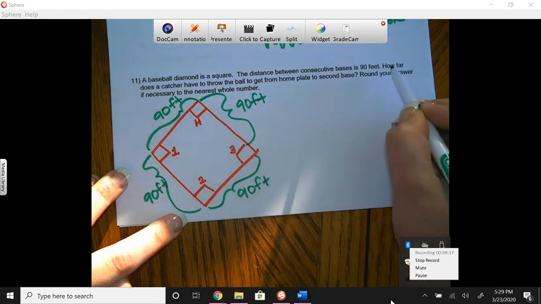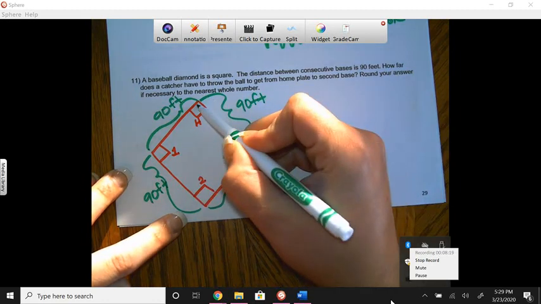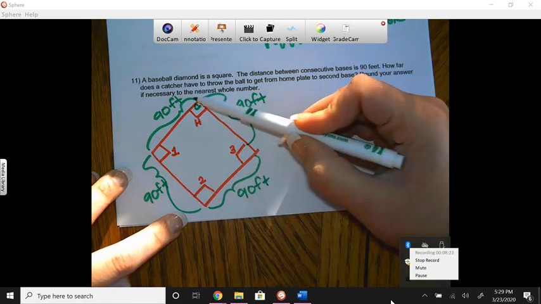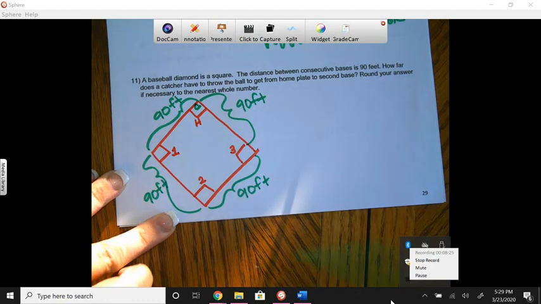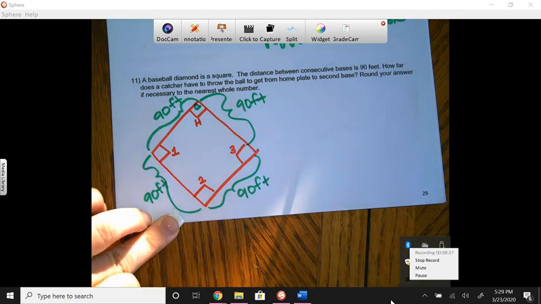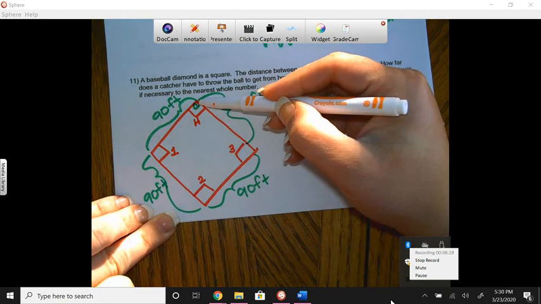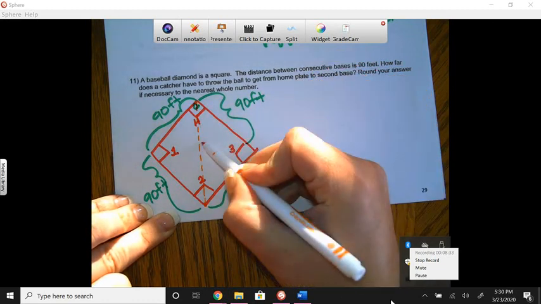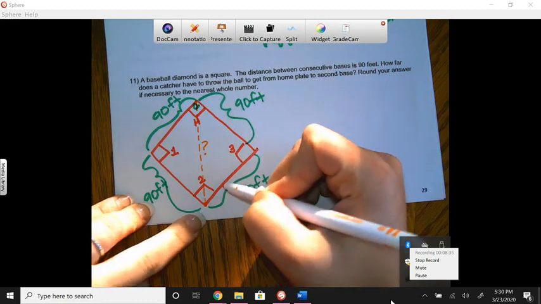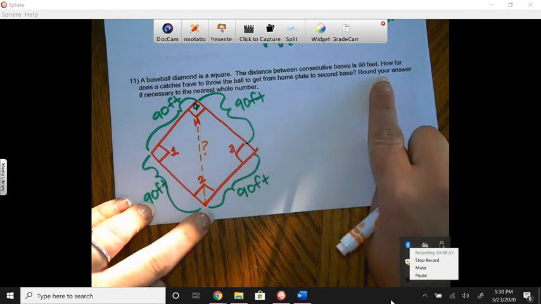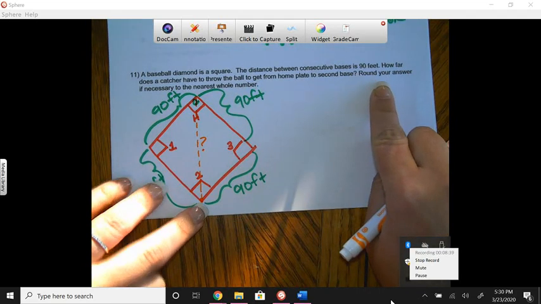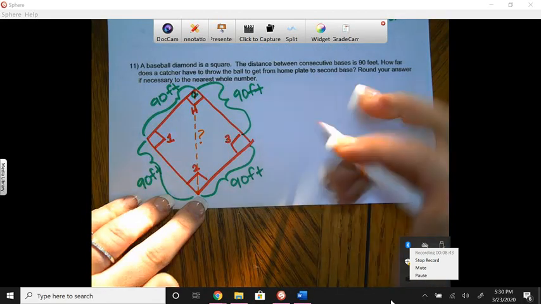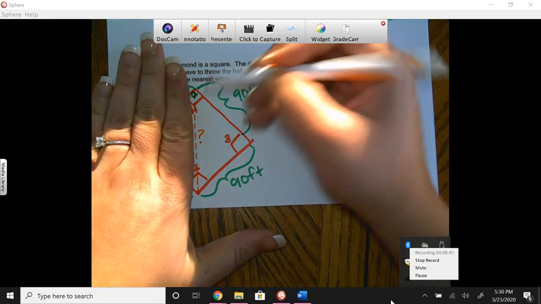It says, how far does a catcher, so the catcher plays at home base, how far does a catcher throw the ball to get from home plate to second base? So if a catcher throws the ball all the way across here, it wants to know how far that is. So it doesn't say use the Pythagorean theorem, but we know we would use it because if we think about this shape right here,